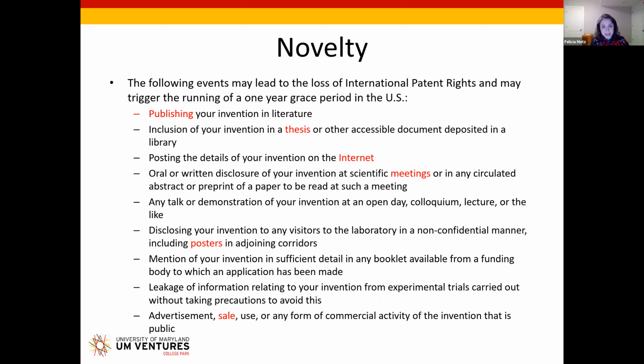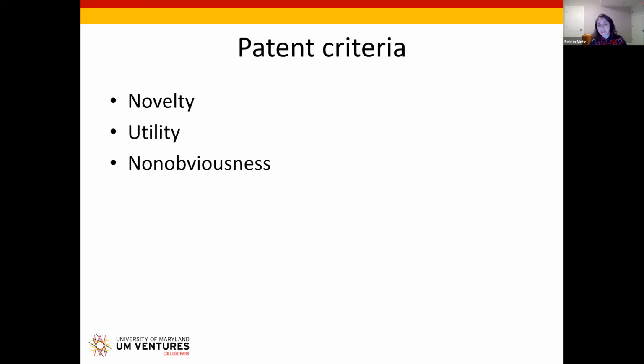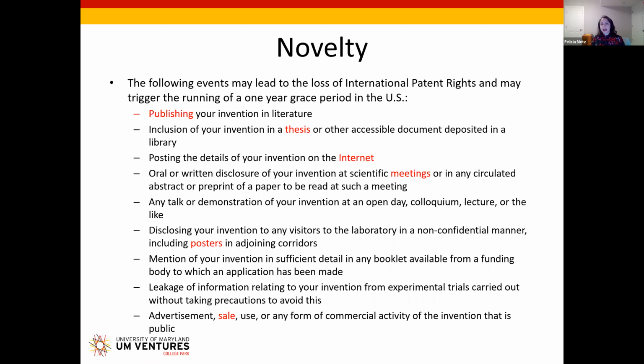So a little bit more about novelty. Remember those 3 requirements: novelty, utility, and non-obviousness. Certain actions that you yourself might take as an inventor could potentially ruin novelty for yourself if you go to file a patent application. So things like publishing, posting online, posting a preprint online, even if something hasn't been reviewed yet, having a thesis published, posting something on a website, going to a meeting and giving a presentation, having posters up in a building on campus, for example, that's open to the public,